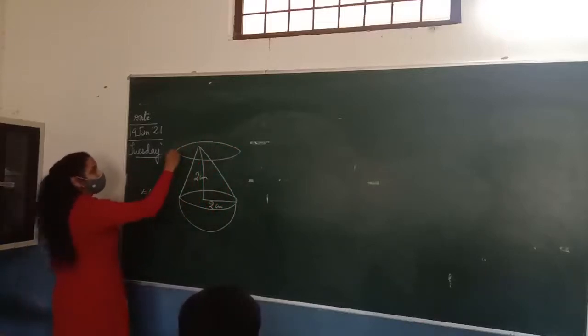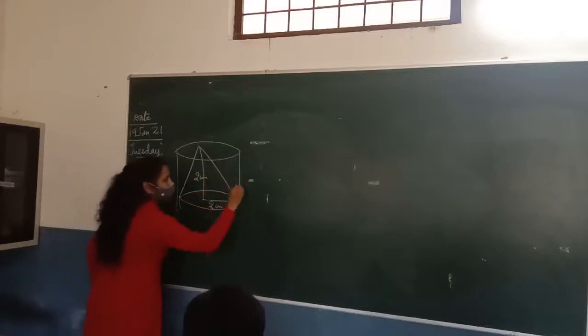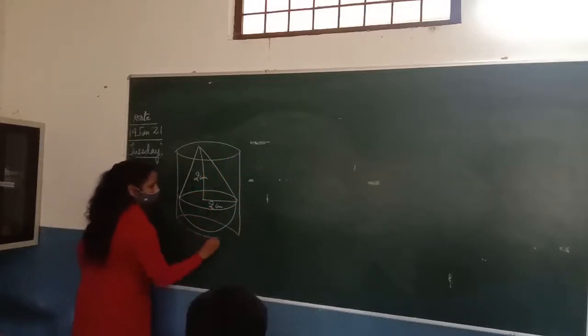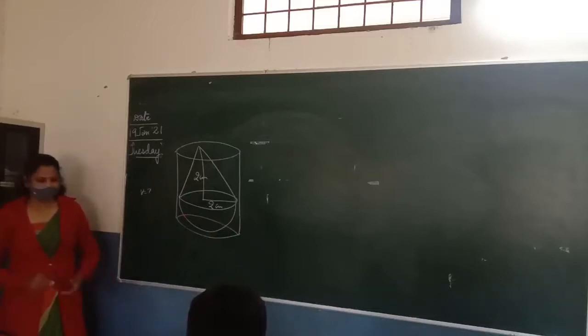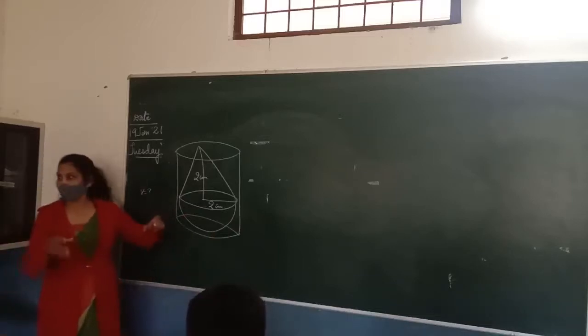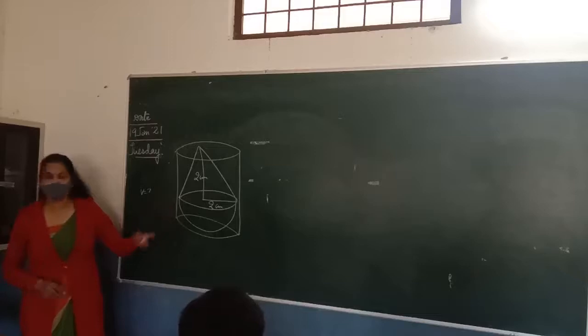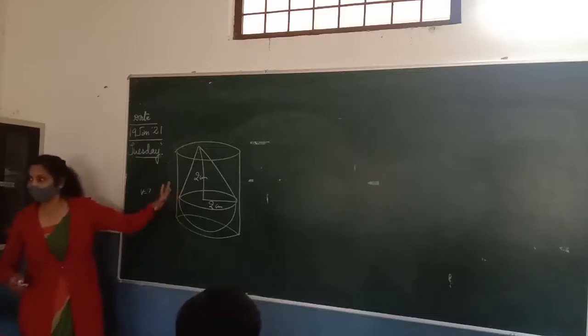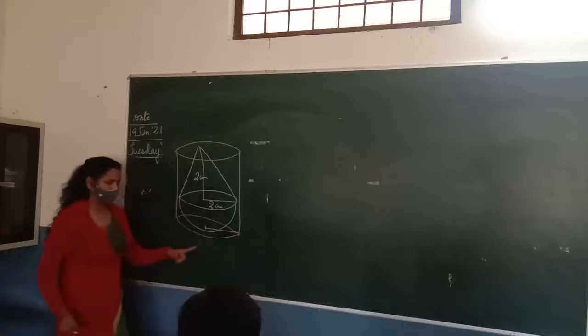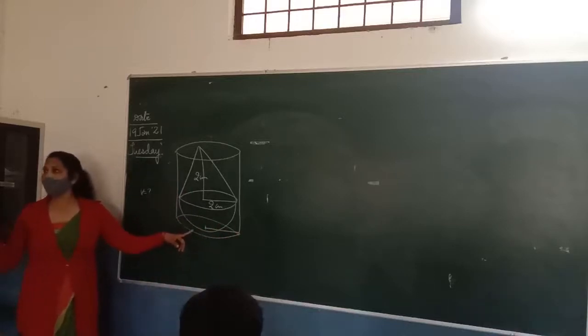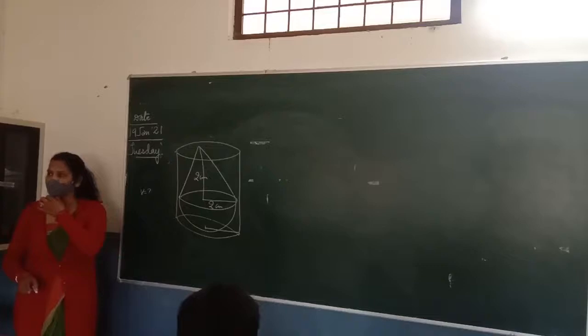Rancho, read the question. Find the difference of the volume of the cylinder and the toy. Okay. So it is given that this toy is fitted in the cylinder. So this toy is already fitted in the cylinder. It means what should be the radius of the cylindrical portion? The same question is there in the exercise, question number 7.